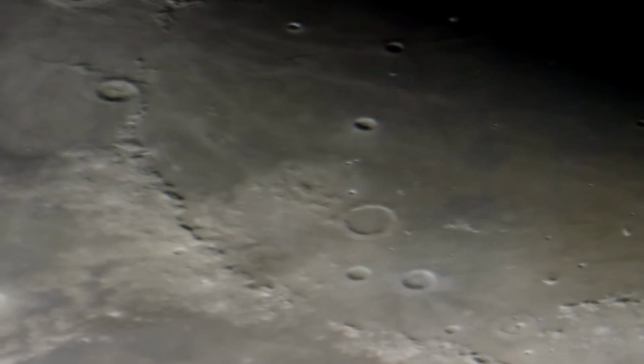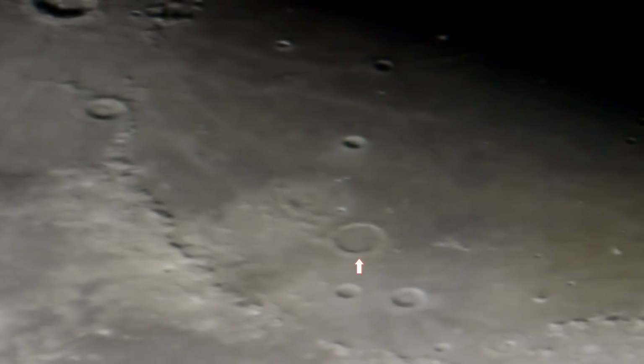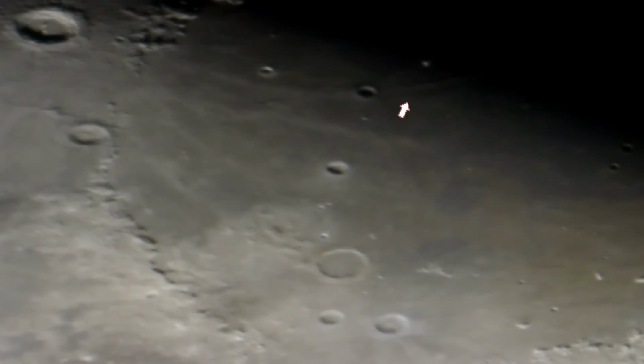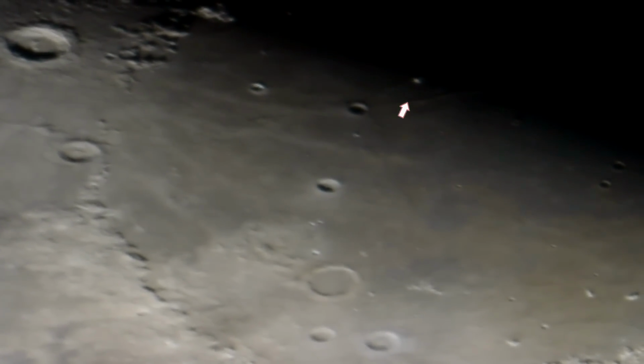Look at the color that we see on the surface. This is Archimedes' crater here, right here. And this is Eratosthenes. We see Copernicus right here. But look here, the line of light behind Copernicus. In the darkness, we could see